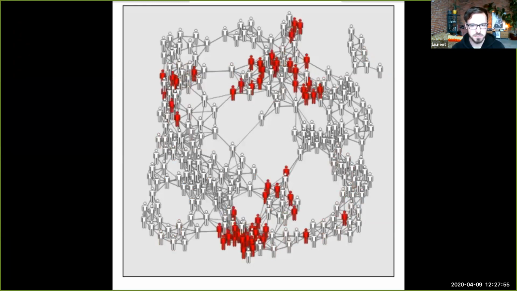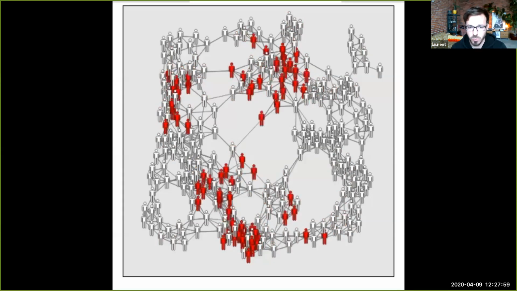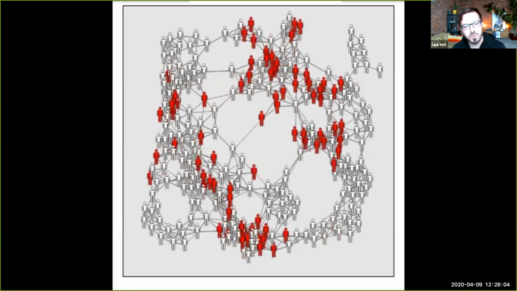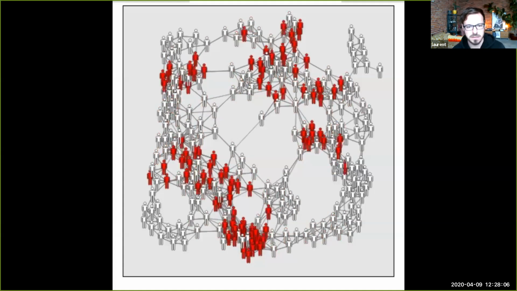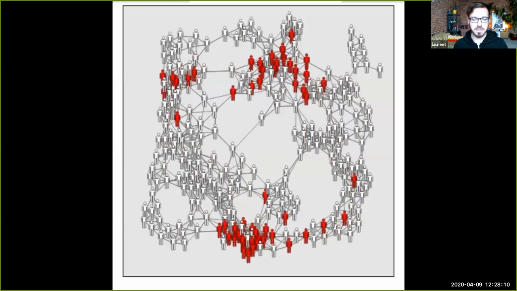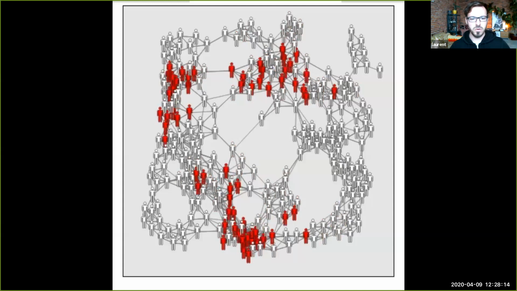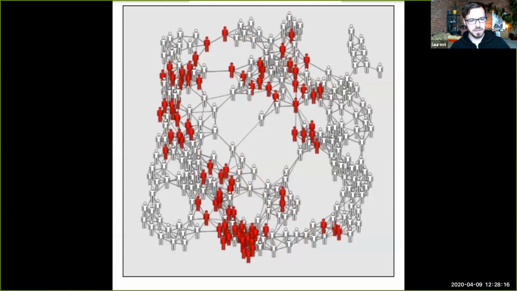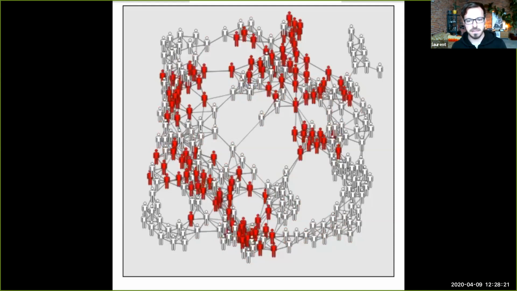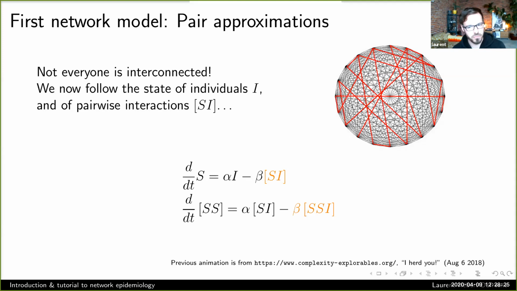We wanna do our SIS model on something like a network. Where we know some individuals are going to have more connections, some individuals are going to be more central. And really what this means is that we need to consider links around individuals. So if I'm healthy right now and all my friends are healthy, I'm not going to get infected in the next instant, right? So if I know who's at the end of all of my contacts and what their status are, then I can have a better picture of whether I'm going to get infected in the future or not. The simplest way to do that is with pair approximations.